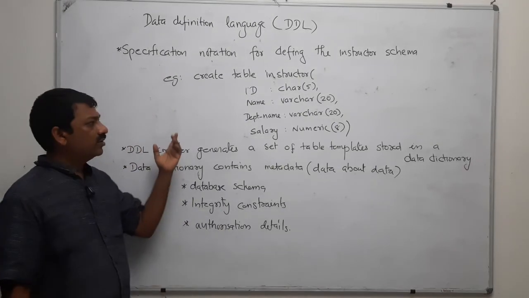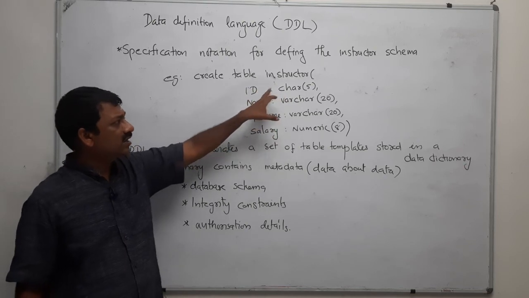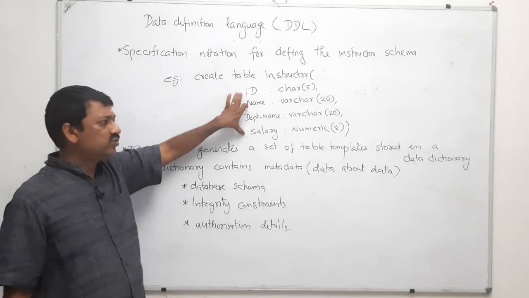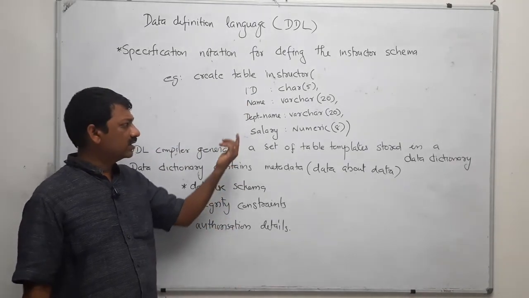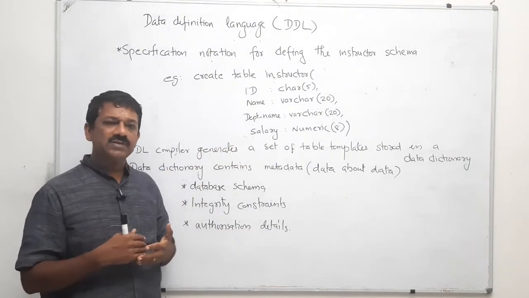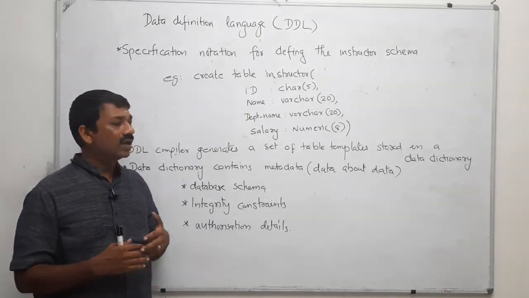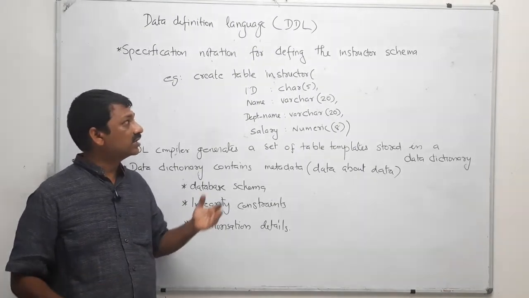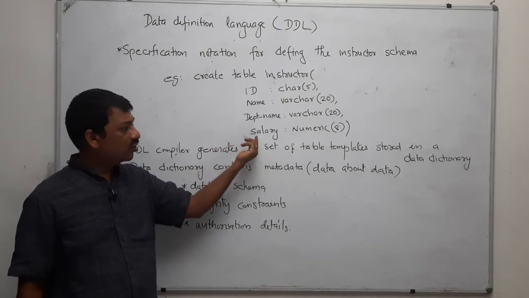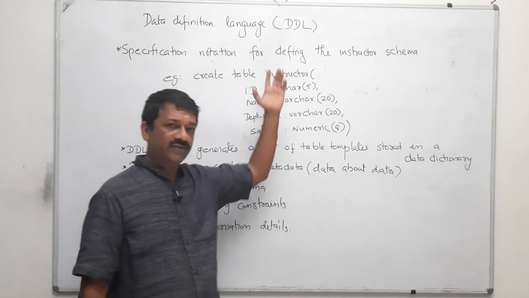Okay, and you can alter the structure. Suppose that now in instructor only 4 attributes are there. If you want one more attribute, like the sex of that employee or whether he's married, etc. Some more attributes if you want to add, you can do that using the alter table command, and you can drop some attributes as well. Okay. So that's all about data definition language.